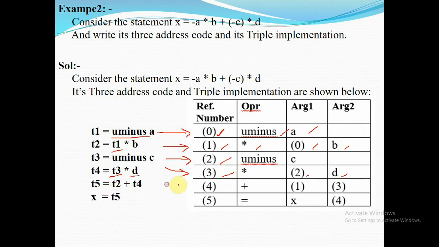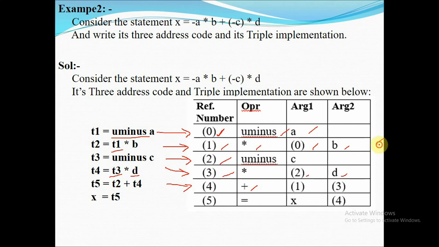Similarly, T5 equal to T2 plus T4. So plus is the operator. T2 is nothing but T1 into B, that means minus A into B. So I can refer to the index number 1.